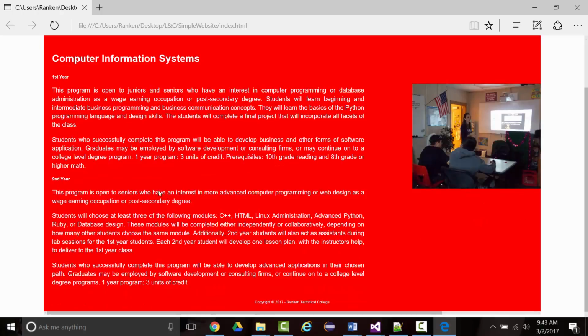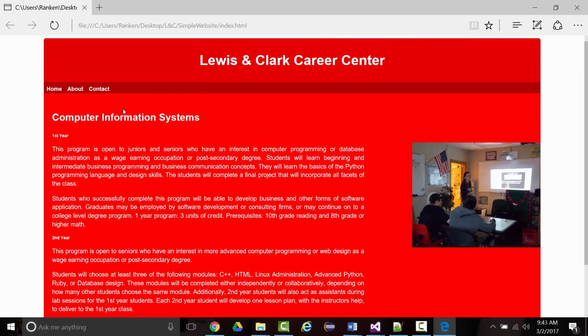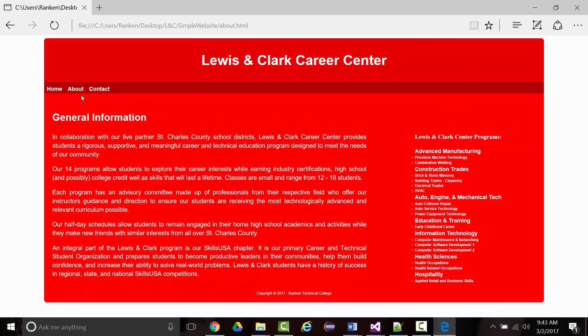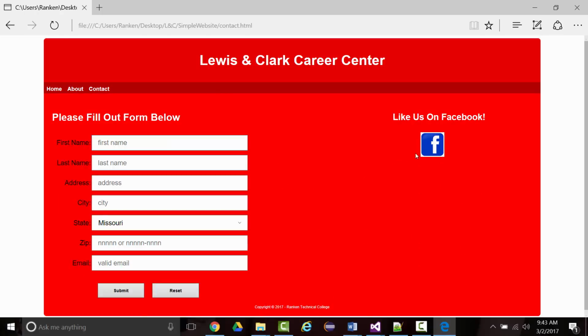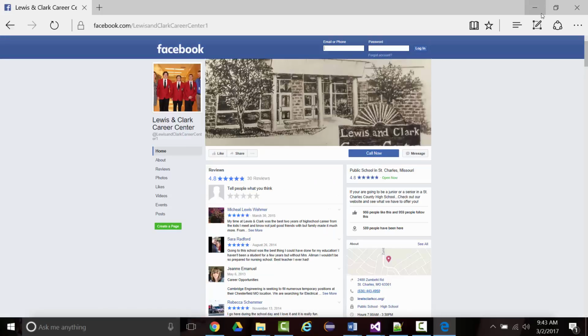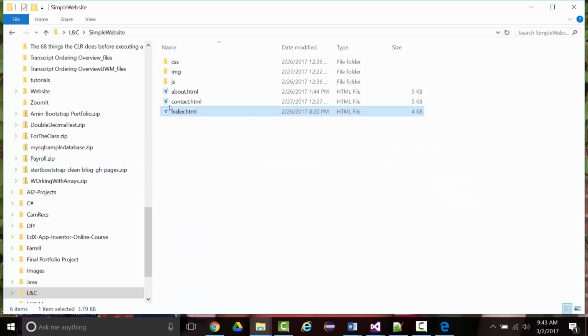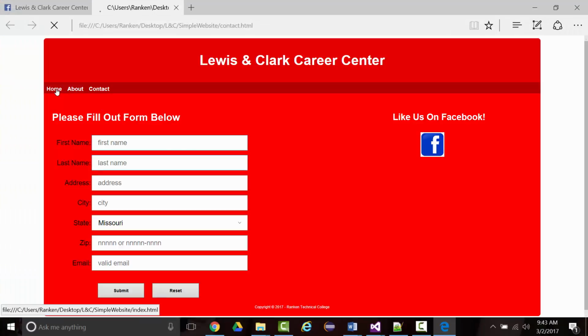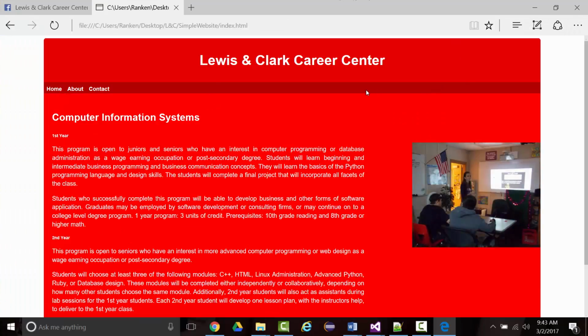Okay, they're going to learn how to build that. I'm going to give them all the code for it, or all the verbiage. There's an about page that's got some more general information. These are all their different programs. And then finally, I created a contact page. All right, and this even goes back to their Facebook page. All right, and is it great? Hell no. It's functional, but what I want you to see is if you look at the home page here,